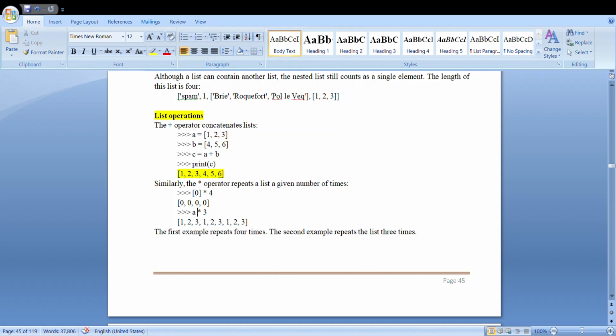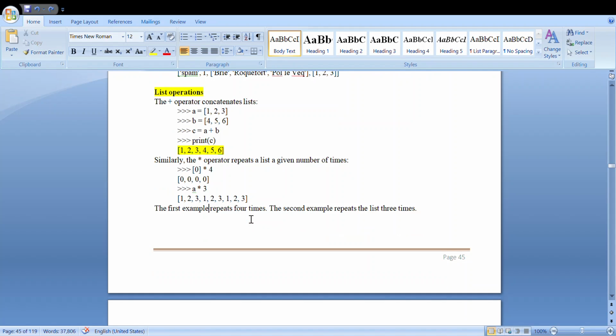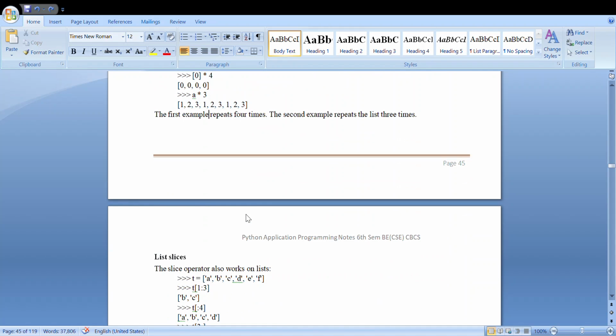Here A is nothing but the name of the list. So the values will be repeated 3 times here. Any such repetition can easily be done just by using your multiplication operator when you want to repeat the elements in your list.